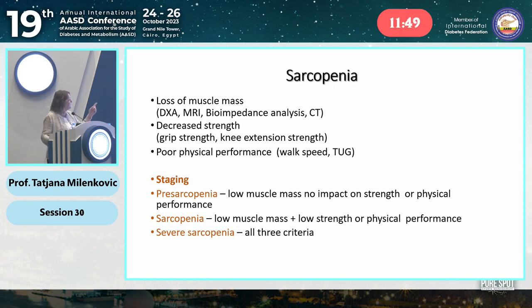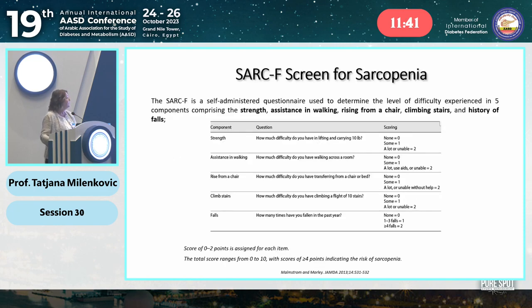And then we can see in the upper part of the slide how we can judge what is the decreased strength and poor physical performance. So one very important and very practical thing for everyday practice is determining the SARC-F score for sarcopenia. And this is a very simple way how we can make a very short assessment of our patient, how is